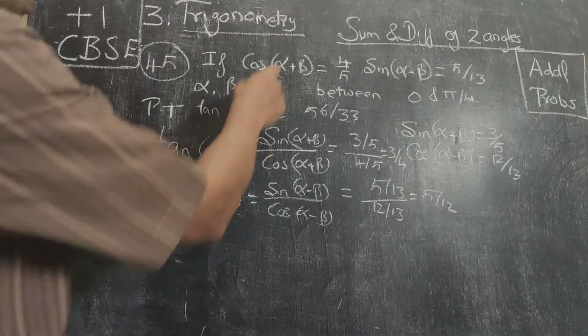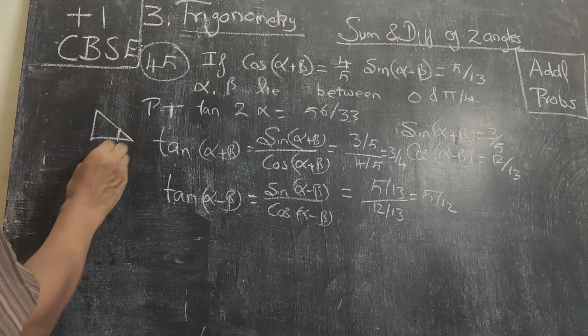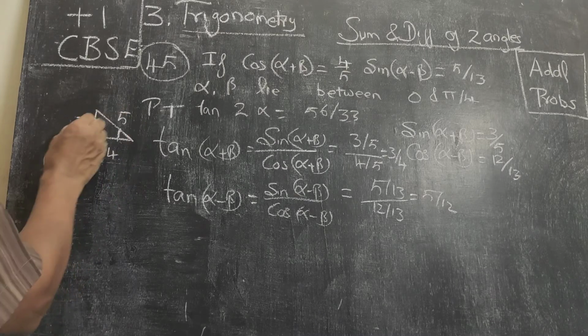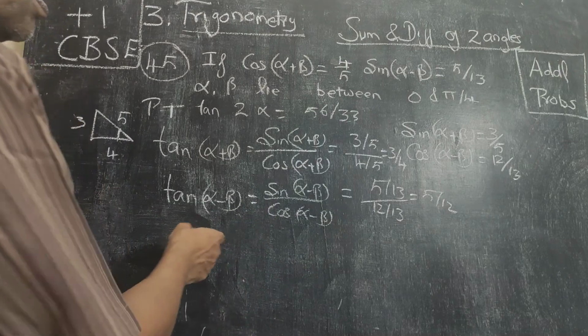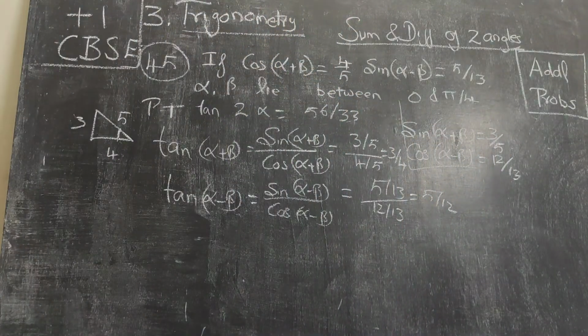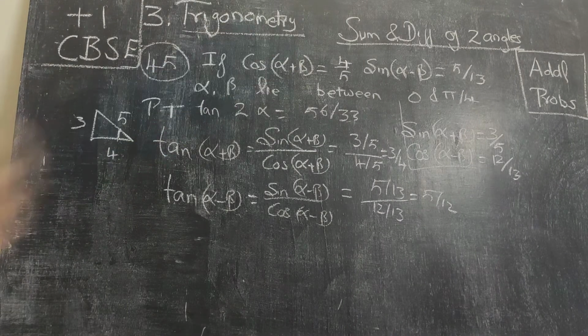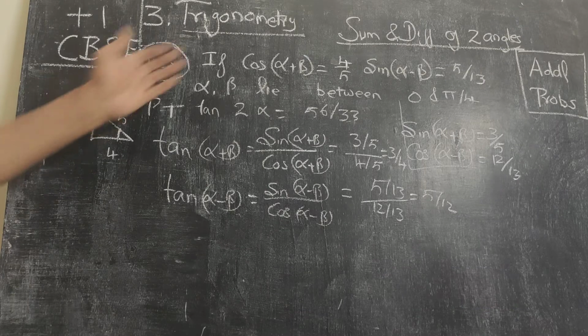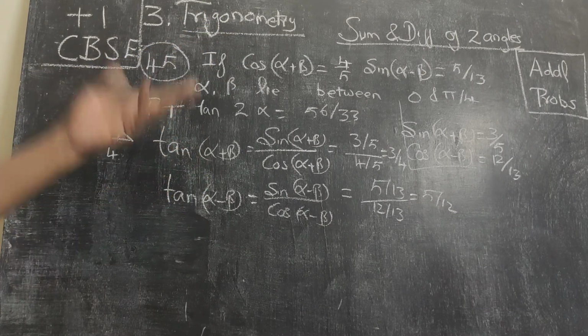You could have straight away found out tan(alpha plus beta). So this is adjacent and hypotenuse, so this is 3. Therefore, tan(alpha plus beta) will be equal to 3 by 4. Similarly, this also was not necessary for this. So that didn't strike me at the time. So remember that you can do like this. Instead of finding out alpha plus beta and all, you can say that with the help of the given data, what is tan(alpha plus beta) and tan(alpha minus beta).